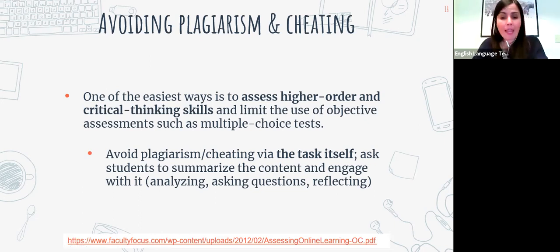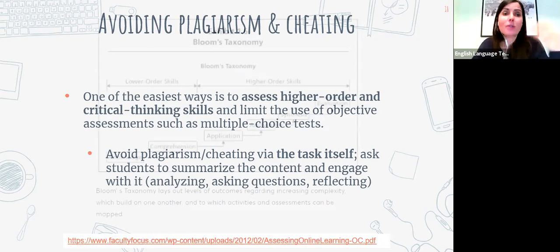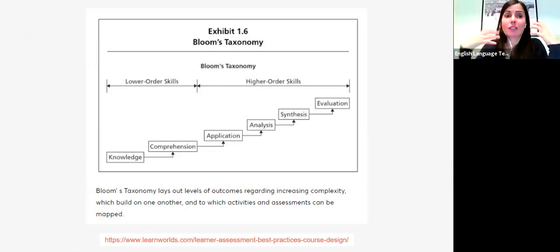questions, reflecting. And one way to do that, I think, that helped me a lot was to think of Bloom's taxonomy, right? And so using those columns and those different skills to actually help me create my assessments. So thinking about the verbs that we have for each type of skill helped me create questions better. So thinking about different verbs and thinking about different tasks that students could do. So it helped me a whole lot.